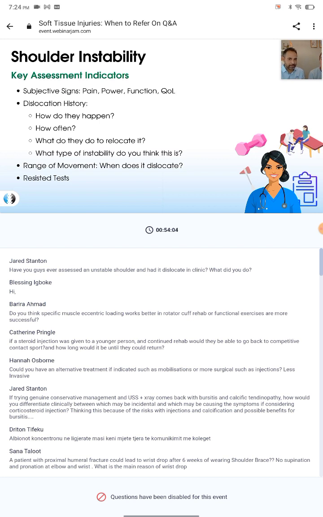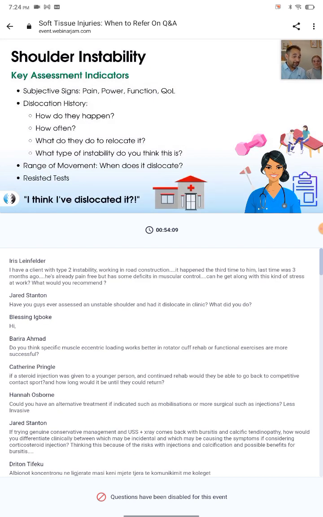Wonderful. Fantastic. Now, a quick, really important note. Marie's mentioned it a second ago. If you have a patient who walks into your clinic saying, oh, I think I dislocated it, or yes, I did dislocate it, but my mate just put it back in and I haven't done anything about it since, the answer is go to A&E. You're going to send that patient immediately to A&E so that, as Marie said, they will be addressed, they'll be x-rayed, and they'll be managed appropriately and referred to fracture clinics. So really, really important that you do that. Okay,